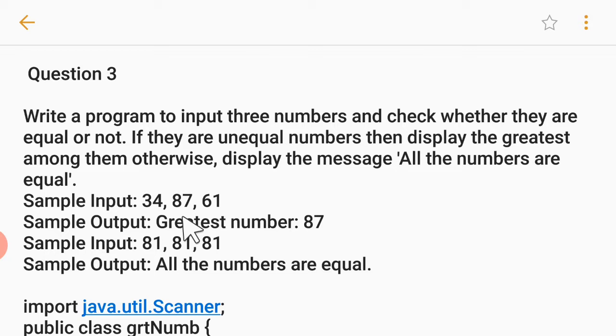Alright students, very good. After that students, now we talk about one more number, that is C. So I will write if C is greater than A and C is greater than B, then C is the greatest number. So that is the basic idea which I have to implement. Alright, now we start the program.